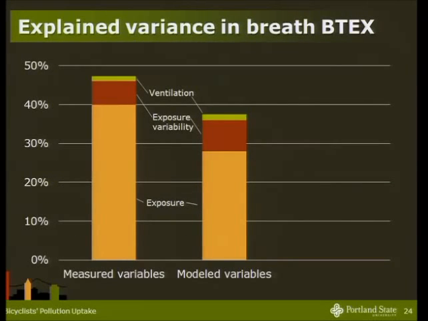And then I talked about modeling breath concentrations as a function of exposure, and then going back a step to traffic and roadway conditions. So if we look at breath concentration as a function of measured exposure and ventilation, we found that a little less than half of the variance in breath concentrations was explainable with our measured exposure and ventilation. And that reflects the fact that, like I said, there's a lot of other processes going on, so there's a lot of noise. So we were able to explain about half of the changes that we saw in breath concentrations with this information.